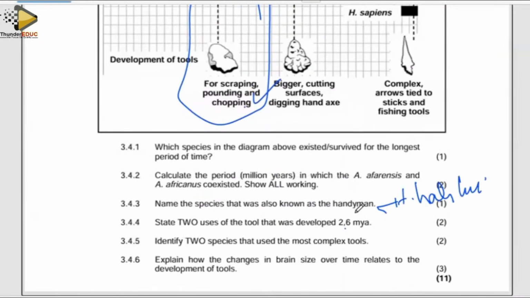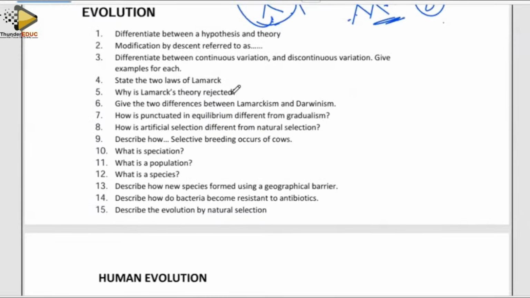Then they're saying explain how the change in the brain size over time relates to the development of tools. Increase in the brain size led to increase in the intelligence, leading to the development of complex tools. As the brain size increases, there will be more intelligence. The intelligence increased, and then leading to more complex tools. So that makes us go to the